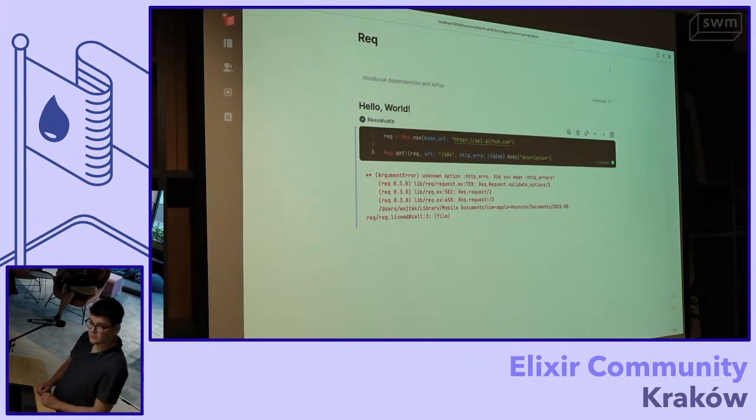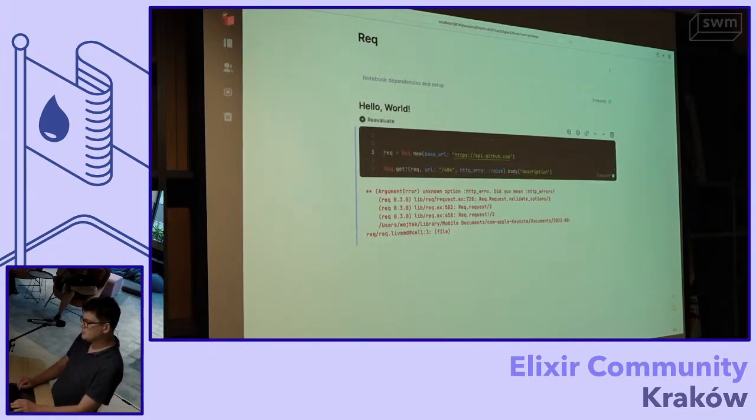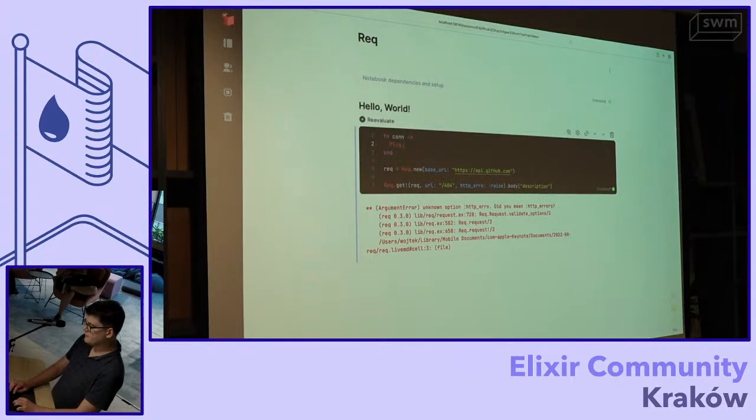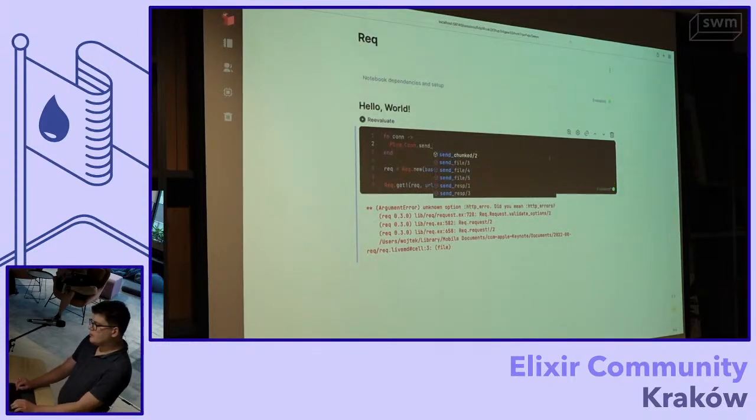Okay, so one of the stories with Req I wanted to have is around testing. So maybe you are familiar with Bypass. It's a very nice library which allows you to basically use the Plug contract, so it's the conn, and kind of basically set up a canned response, create a mock response.